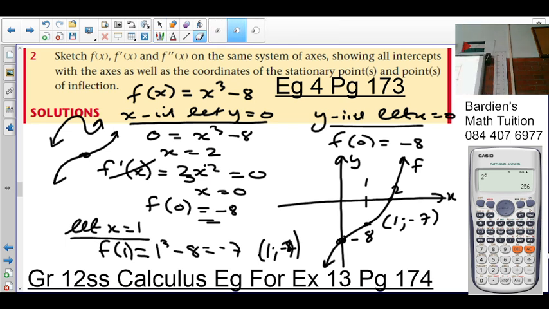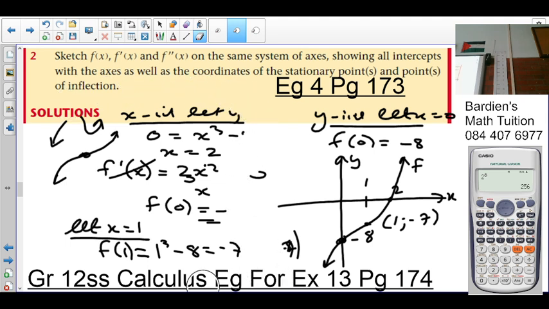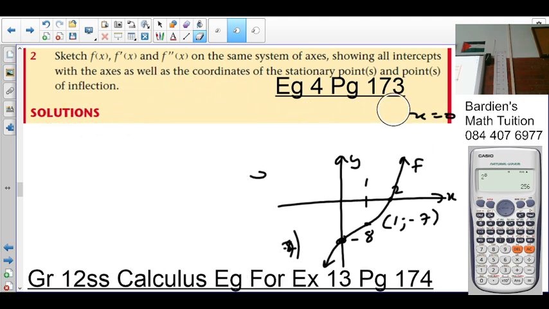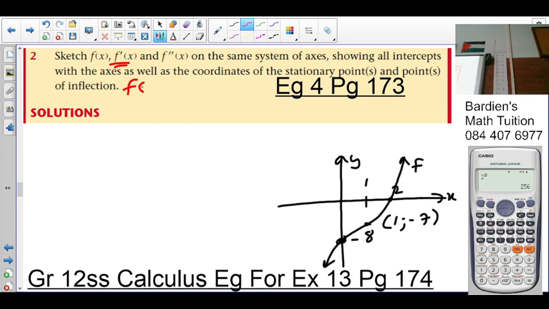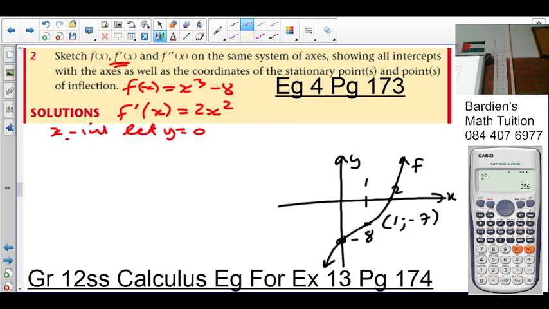Now let's look at your f prime x, your derivative function. So if you're looking at the derivative function of the graph, if f of x was x cubed minus 8, then f prime x is going to give you 3x squared. So if you work out our x-intercept here, what do you do for x-intercept? We let y equal to 0. The graph is smiling, it's a smiling parabola. So that is going to give us 0 is equal to 3x squared, so x works out to be 0. If you work out y-intercept,